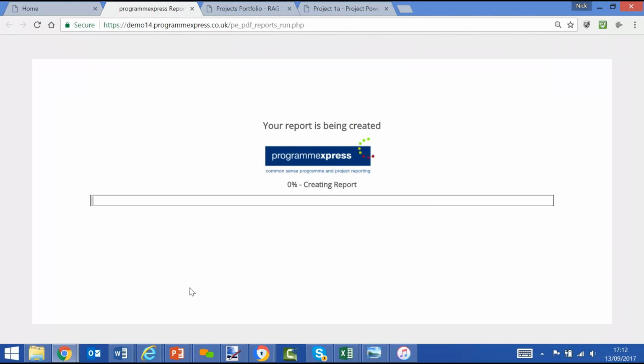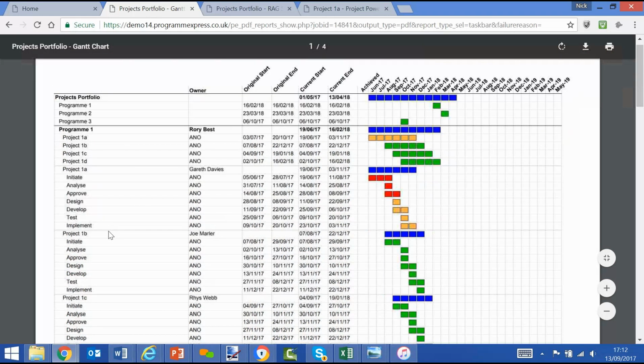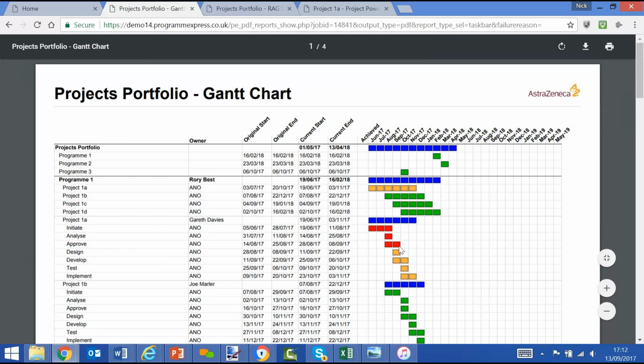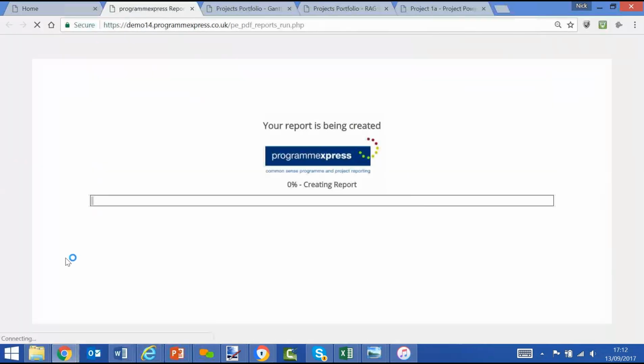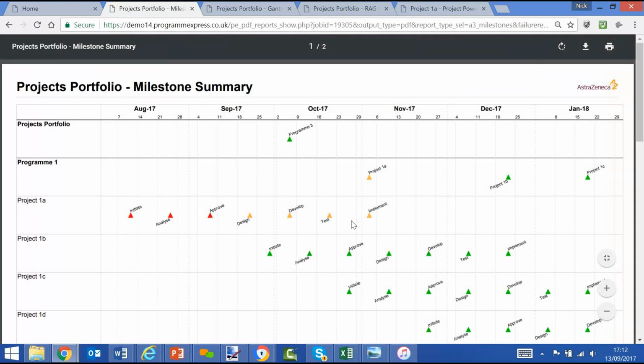Or maybe I'd want to run a Gantt chart at the portfolio view. A Gantt chart style, and we'll see all the projects and programs, and we'll see the Gantt chart and the plans for every single project with one click. We'll also use the red, amber, green theme for our taskbars in terms of red being late and amber being forecast to be later than expected. Another view of the same will be a milestone summary, which is more of a timeline report showing key milestones across each of the projects, showing the health of them in terms of red, amber, green status and expected completion dates